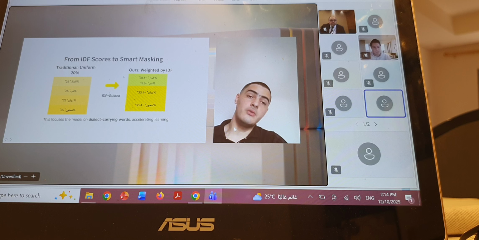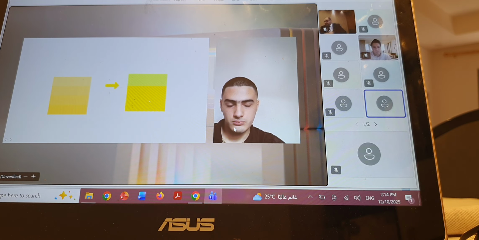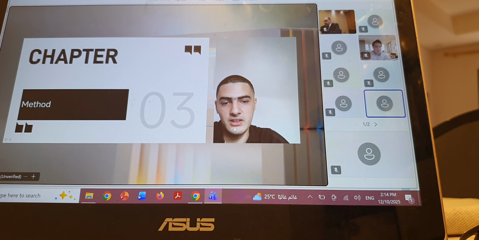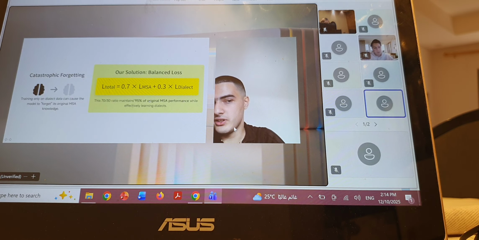But if they were weighted by the IDF, more MSA terms would have a lower probability of being masked compared to actual dialect-specific terms. For example, "the weather in" are more MSA terms, so they would have a lower probability. And terms such as Algeria, Algiers, and hot would have a higher probability since they are more dialect-specific terms. So, although it does make the training more efficient and faster,